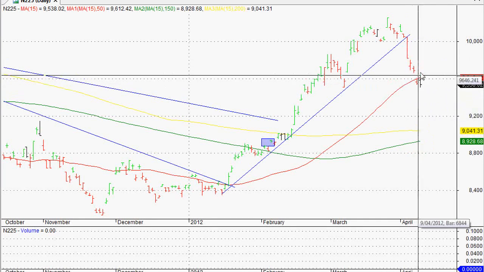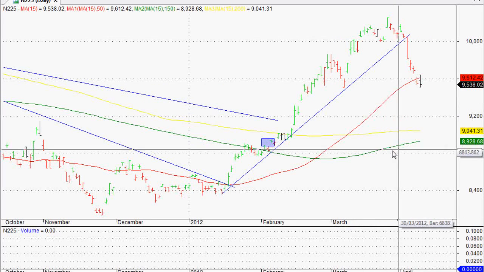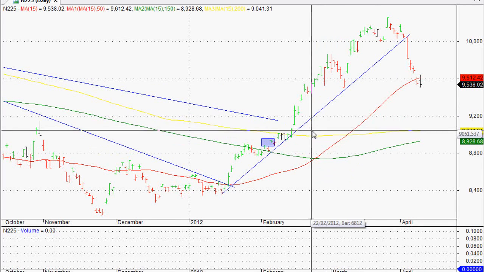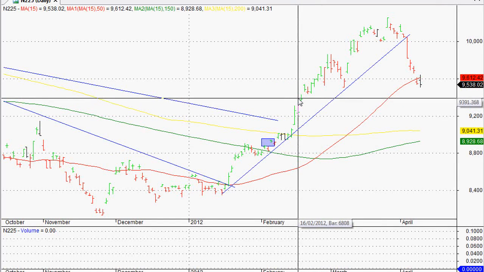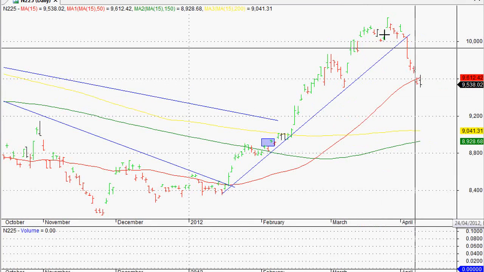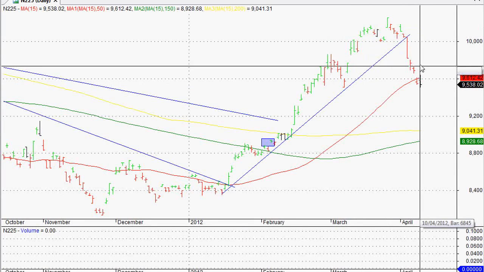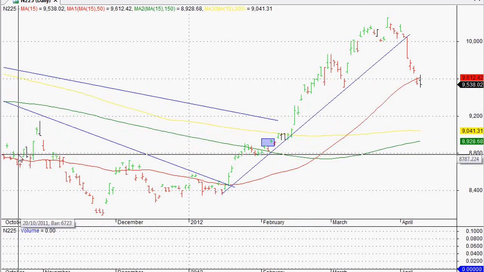because it's closed well below the trend line and the 50-day moving average there as well. So no dramas, not rocket science in any way, shape or form. I think we got around about a 7 or 8% move out of there, and obviously didn't get out at the top. But you know what? I catch the middle of the moves, and I guess that's what trend following is all about.